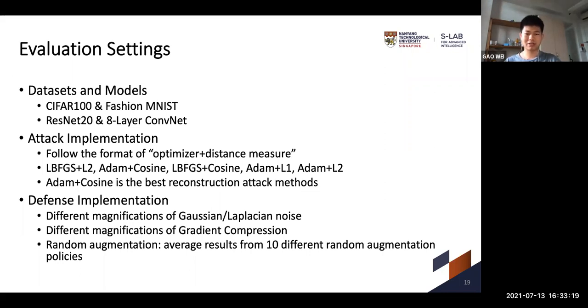And we notice that Adam plus the cosine is the best reconstruction attacking method, and it is also called inverting gradients. I have mentioned before, it is the very strongest attacking method, and it can even recover the imaginary results. Our defense, we also compare our defense method with other